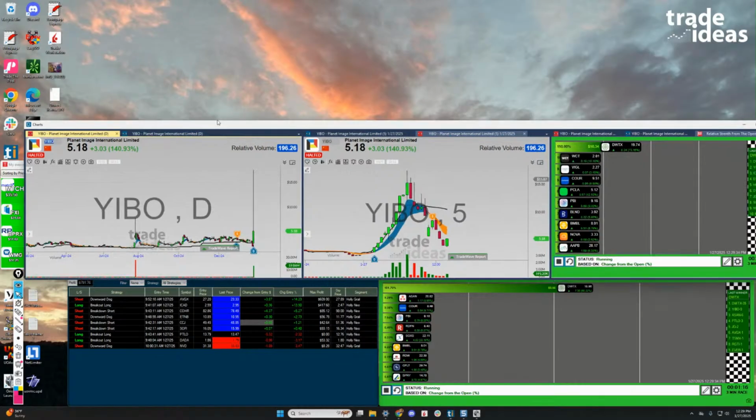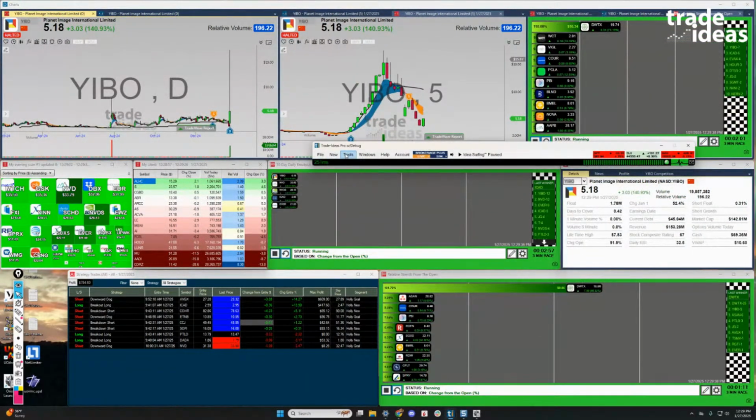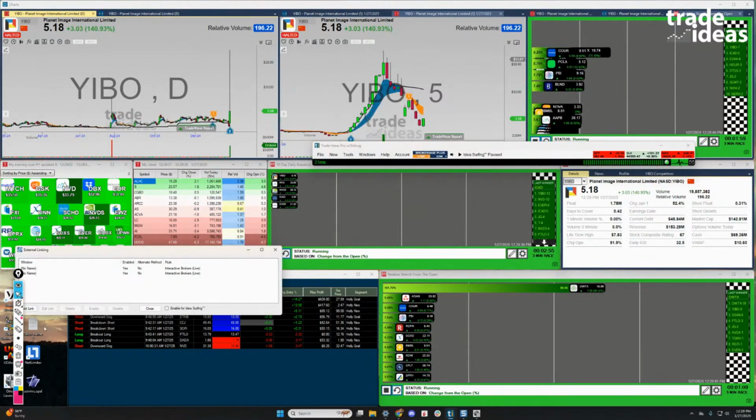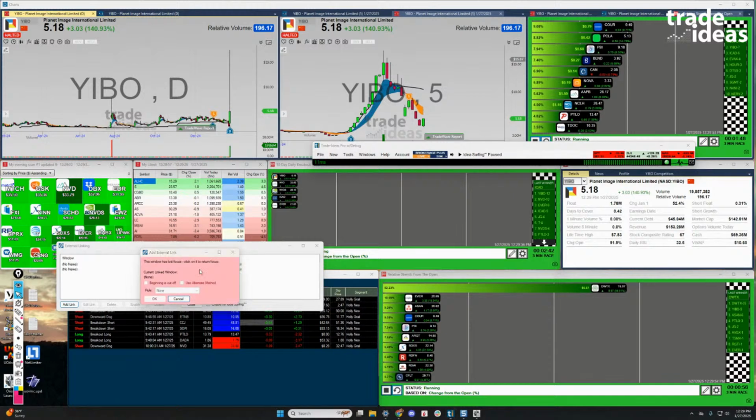Once you run as administrator, then you would come to the menu bar, right? You would go to tools, external linking. You would click add link, and then you go over to either the chart or the order entry or the symbol entry box. You press shift. Don't click anything else. If you click, you'll end up getting a pink window, and then you got to press OK to start over again.